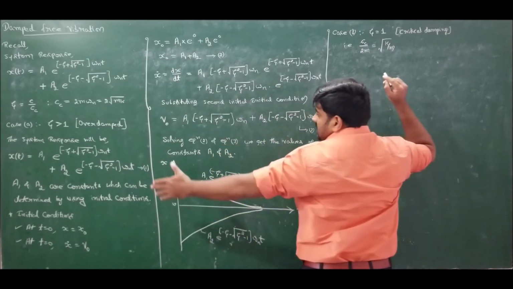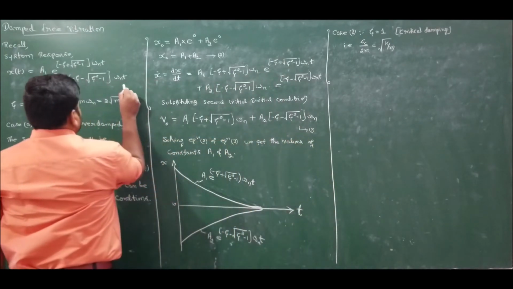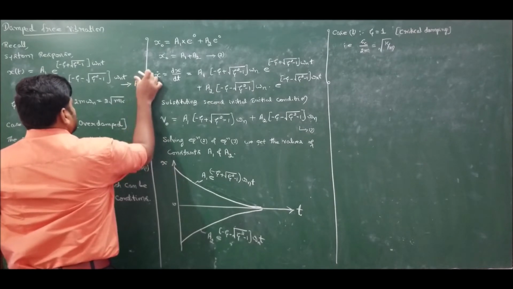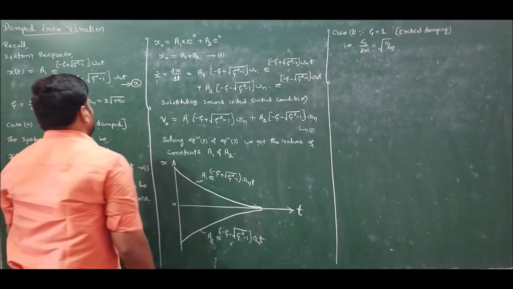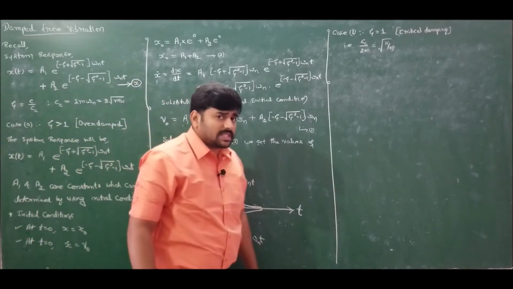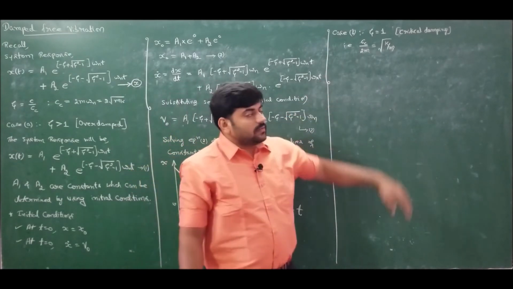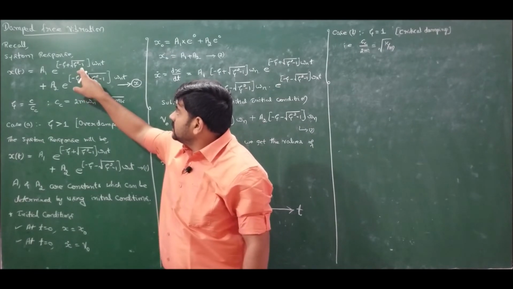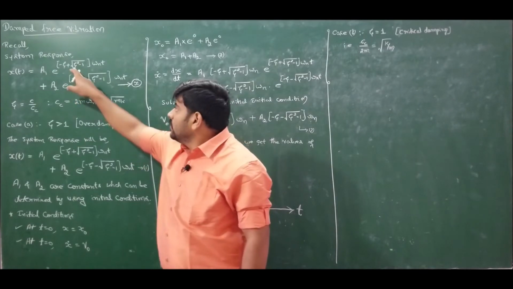Now we know what is the system response for damped free vibration. Let me call it equation X. Equation X is the system response equation for damped free vibration system. Now if I substitute the value of zeta as 1, it will become 0. This will also become 0. So therefore what are the values of roots? U1 and U2 will become same, right? U1 is equal to U2.